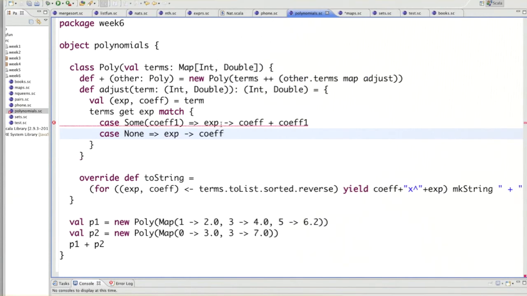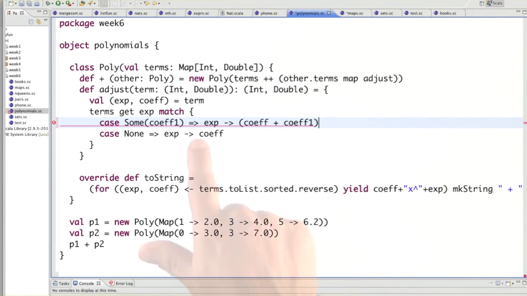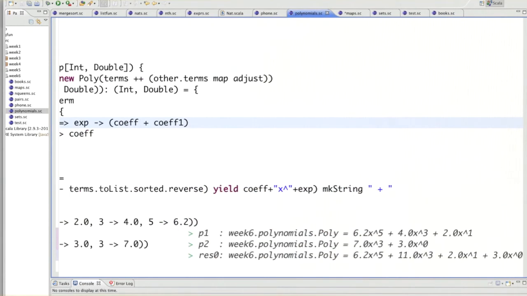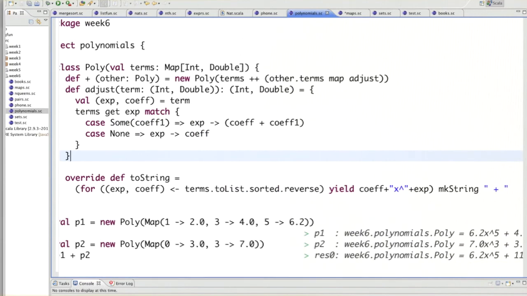What we did here is that the arrow and the plus have the same precedence, but we need to put the parentheses here like that, because of course we want to have the exponent map to the sum of the two coefficients. Okay, so now what we see is that the cube coefficient here reads 11. That's what we need. Good,